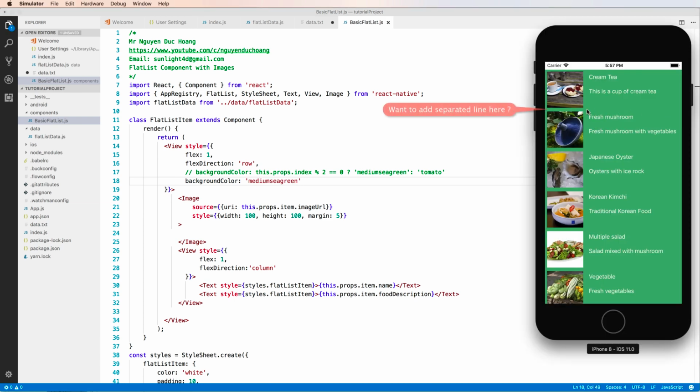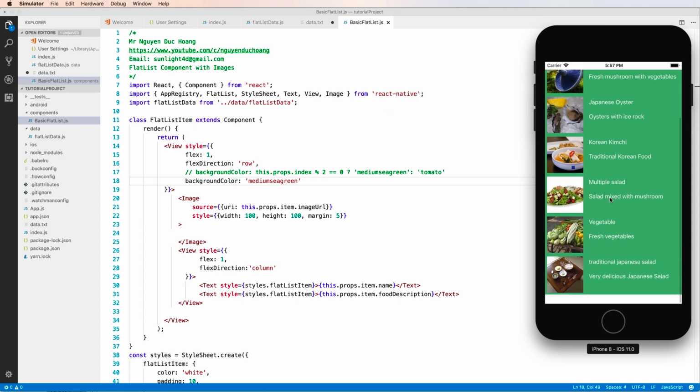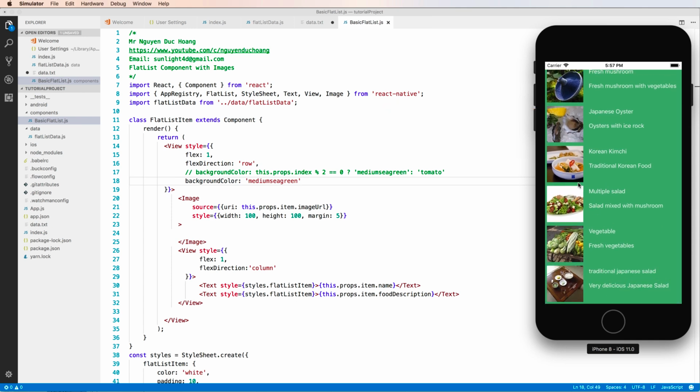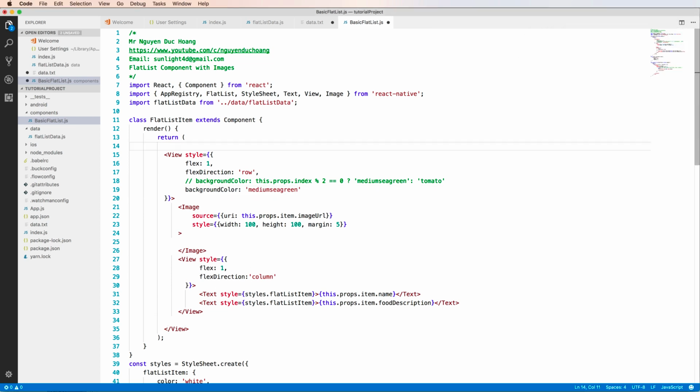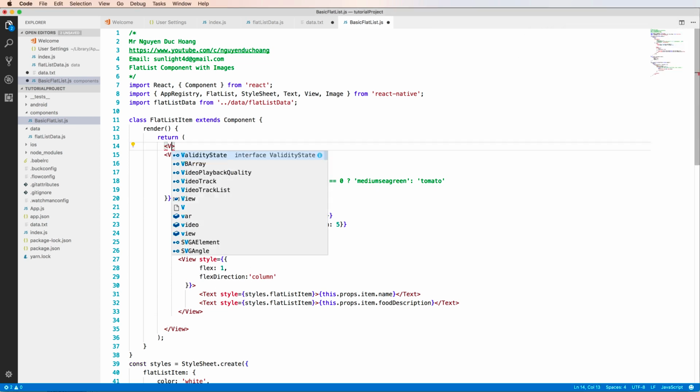Okay, so here I want to add a separate line for each of the rows. We want to add a separator line. The separator line is also a view, a very small view with a height of 1 pixel. So if you want to add this, you have to move all of the view